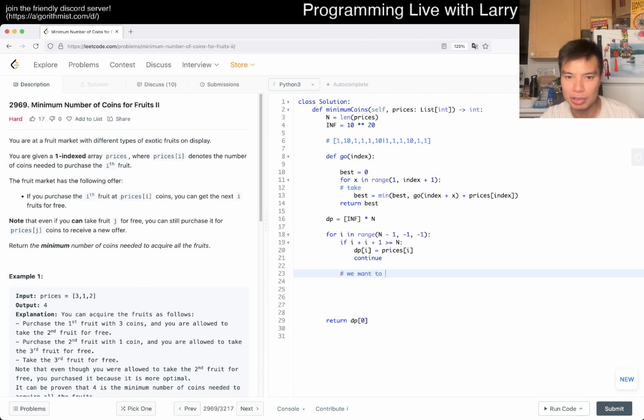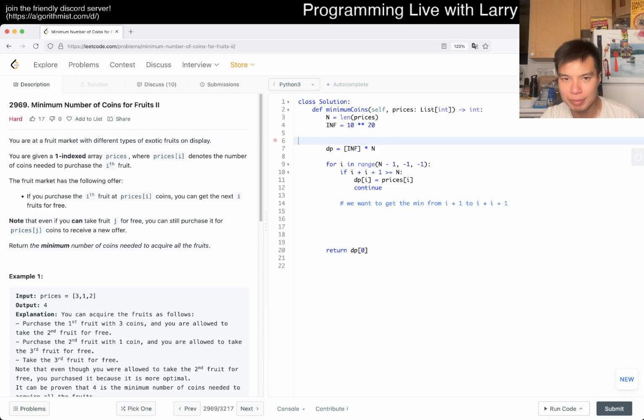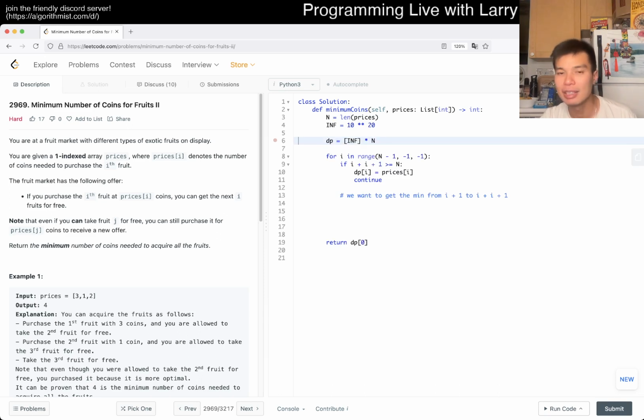We want to get the min from I plus 1 to I plus 1, right? I think. We may be a little bit wrong on this one. But the idea here then, and I'm going to do it 2 ways. One is the not creative, I am not a fan kind of way, which is using segment tree, right? So then now here,